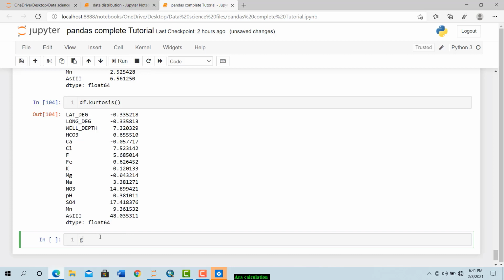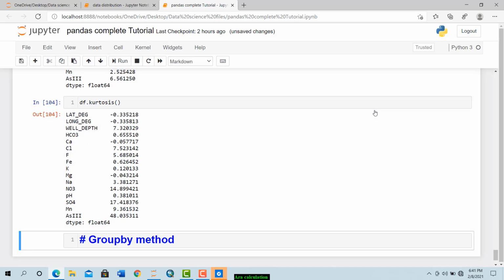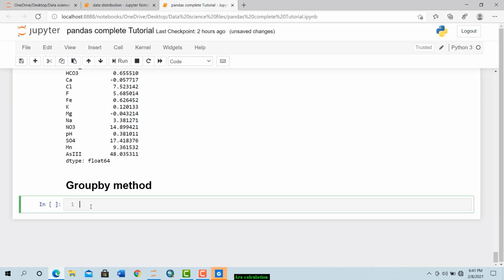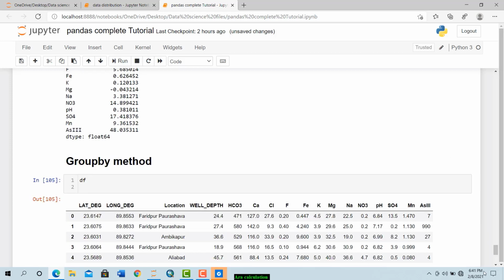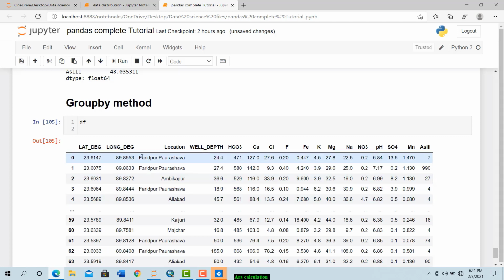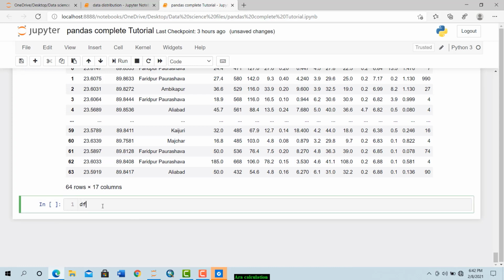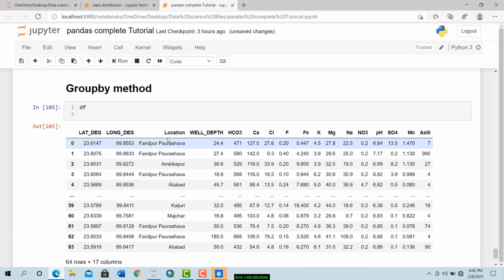Now let's talk about the groupby method. Pandas, a very popular one, groupby method. Fine, so again we're going to see our data frame df, and we want to group our data set by locations. Before we talk about group by, let's say we want to drop some unnecessary columns. So latitude, longitude, I don't need those columns, so I can drop them. To drop them, what you have to do is df.drop, and now we pass the column names. Okay, first one was latitude degree,